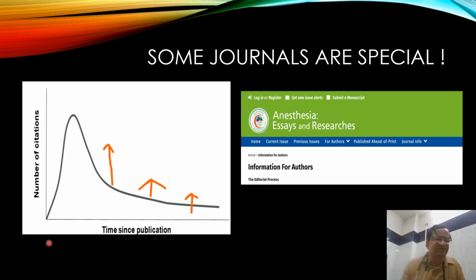Now here the number of citations usually looks like this. It picks up in 1 or 2 years and then slows down like this. But this is one journal. There are a few journals where the citation is very high. If you go to the net and search for some anesthesia article, if it is published in AR, it will pick up first. I don't know what search engine optimization they have done for this journal. Some 4 articles they have published in the journal, so 4 into 2500, 100 citations are from this.